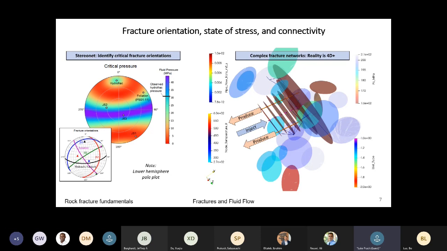In this case, I'm showing the critical breakdown pressure for fractures of different orientations. Now, this is not Kirsch solution for a hole in a plate or hydraulic fracture initiation. This is for a fracture that already exists at a given orientation. So if you include the tensile cutoff, you can see that when you have stress anisotropy, you can get into situations where, as you're injecting at a hydrofrac pressure, you're also satisfying the requirements to stimulate shear fractures. So as a hydraulic fracture is propagating along, if it happens to hit a natural fracture, it's weak